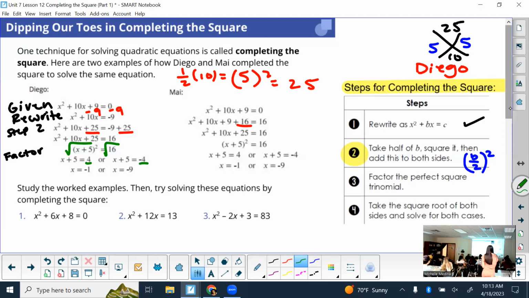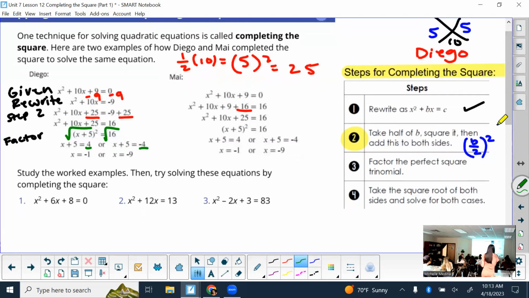Do you want to see one more or do you want to try? Okay, anyone vote for want to see one more? Okay, there's a few more hands. So we'll do one together and then I'll have you try 2 and 3. So the 2 and 3 will be the you tries. All right, but number 1,